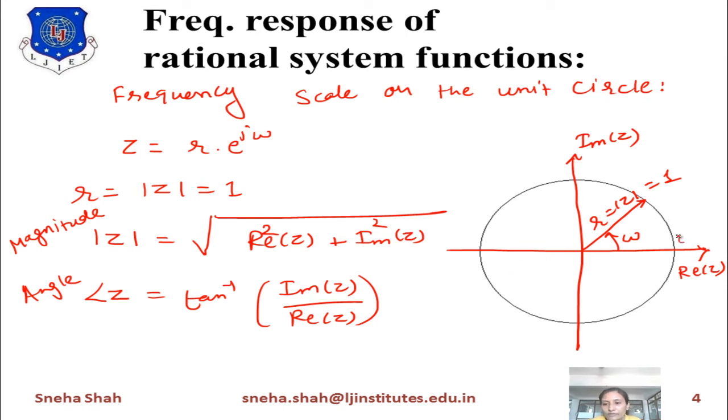Now if we find the value of omega, over here the phase angle equals 0, 90 degrees means it is represented as pi by 2, omega equals 180 means pi, and over here the value of omega equals 3 pi by 2. Now suppose you want to find the value of z at this point, then z is represented as x on the x-axis equals 1 and y equals 0. So this point is represented as 1, 0, this point as 0, 1, this point as minus 1, 0, and this as 0, minus 1.